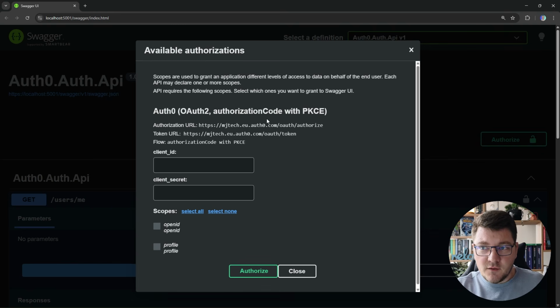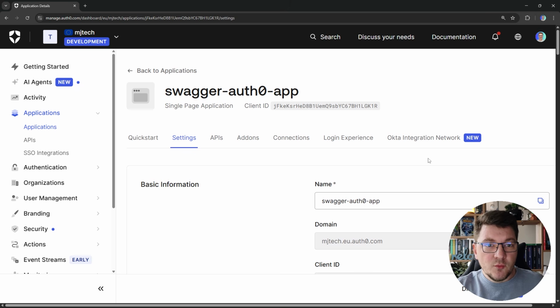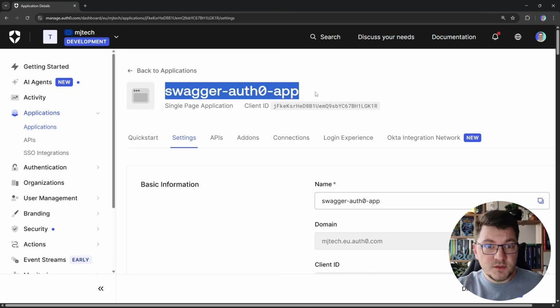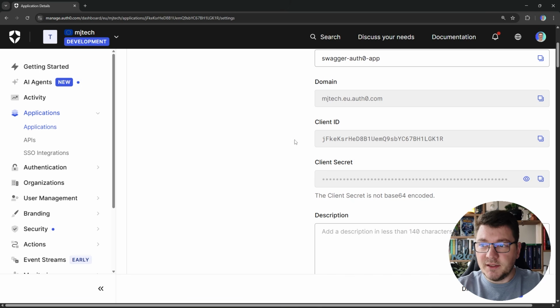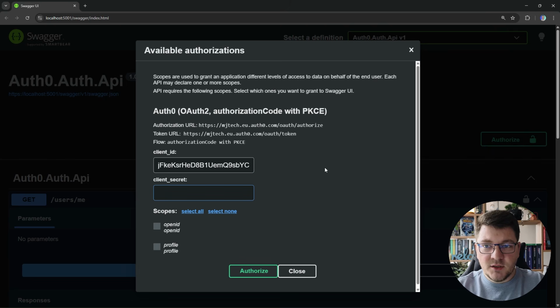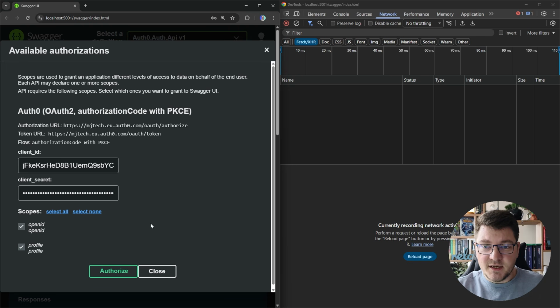If I click authorize, you can see our OAuth flow is correctly set, pointing to our two endpoints, and we have to input our client ID and client secret. We can get both of these values from our Auth0 client. So here is the client ID. I'm going to copy it and paste it into the client ID field, and I'm also going to drop in the client secret. I'll select both scopes, and I'm also going to open up DevTools side by side,